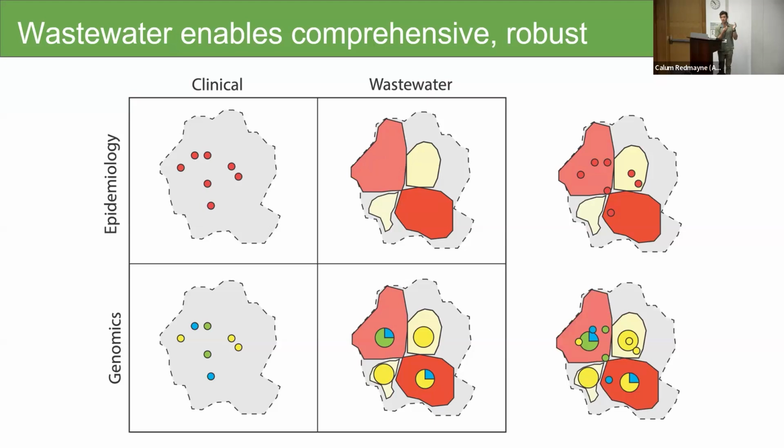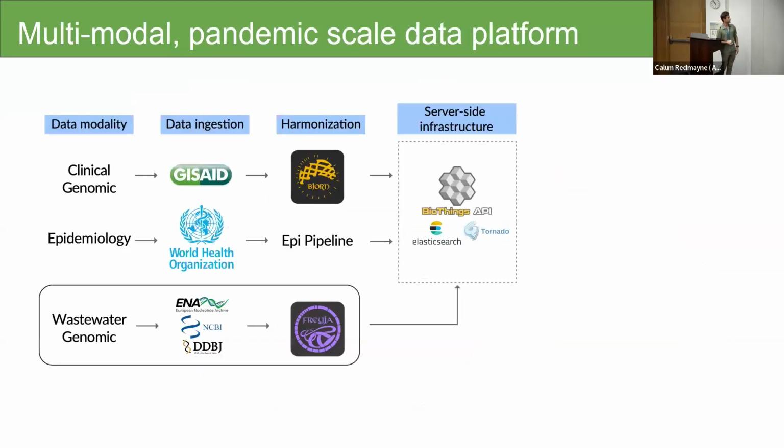And that allows you to have this redundancy that's actually really important, because you can see that there are things that don't quite match up. Maybe you see clinical cases of the yellow variant on one side, but you don't actually see it in the wastewater, or vice versa. You see no blue variant in clinical, but you see lots of it in the wastewater. This can highlight different regions that are not being very well serviced or surveilled by clinical surveillance, for example. So we want to focus in on this highly integrated picture.